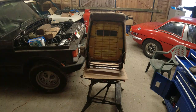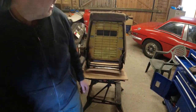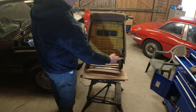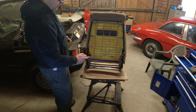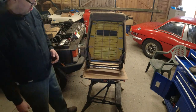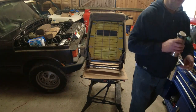Oh, here we go. A wee bit of light. There we go. Right, so we've got the plastic strips down here, exactly the same as we have with the seat base, along here and along the bottom. On the four-door cars, they have a couple of clips here. Now, these clips don't go into the same place on the two-door cars, so just bear that in mind. But you need to get the clips off. The easiest way to do that, after I've had a slurp of coffee,